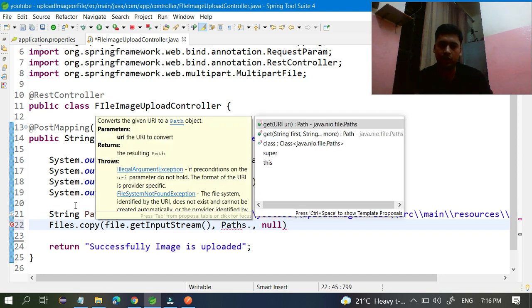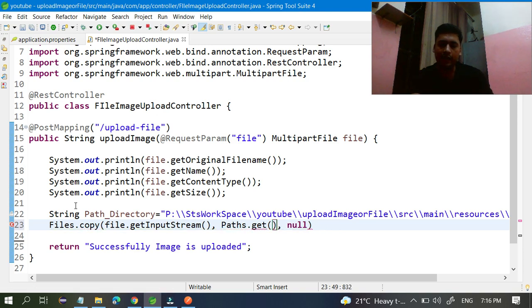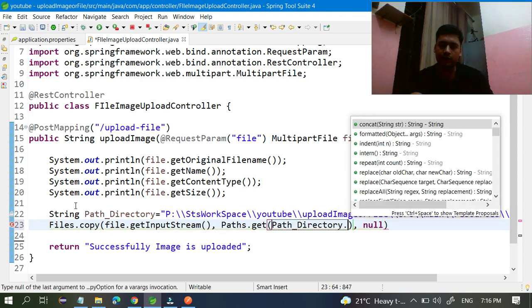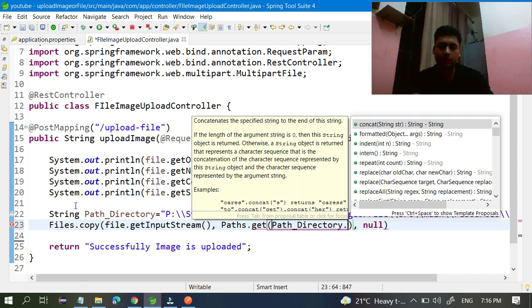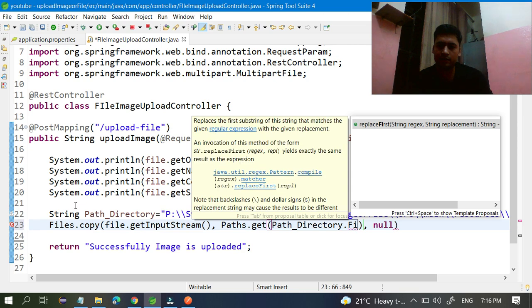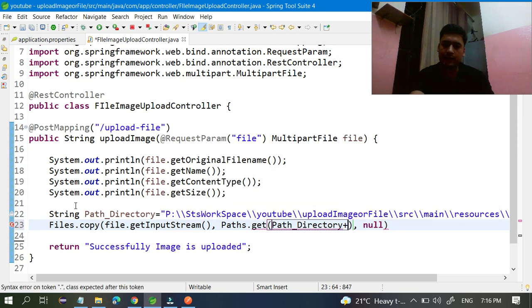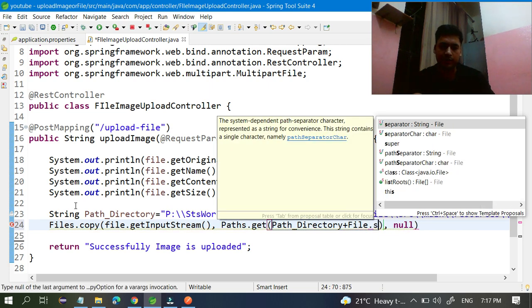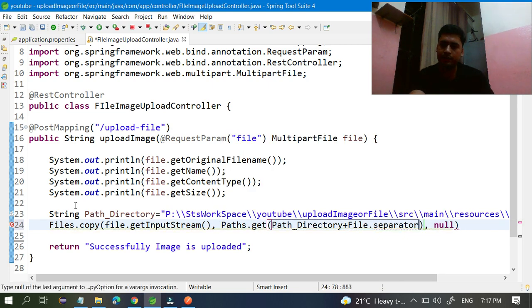So path directory plus File dot separator, your separator, plus you have to give the name of your file. The file name is nothing but your file dot getOriginalFilename.